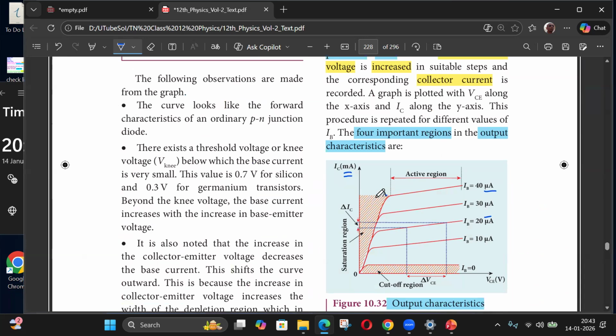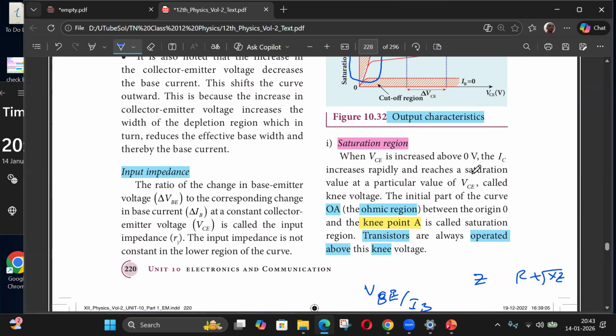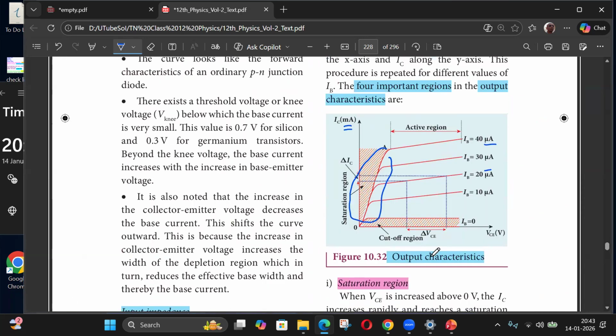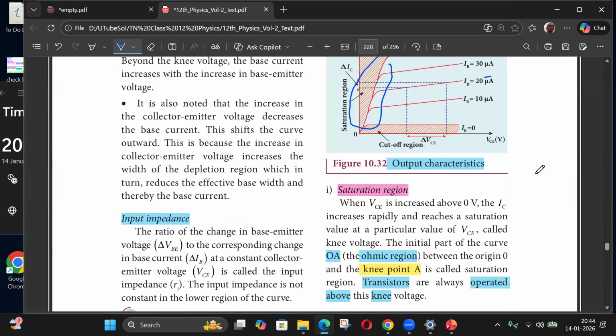This saturation region, again, this thing is reverse biased. So this part of the output characteristics is called the saturation region. So that corresponds to the third quadrant of the first plot. Basically, the diode,